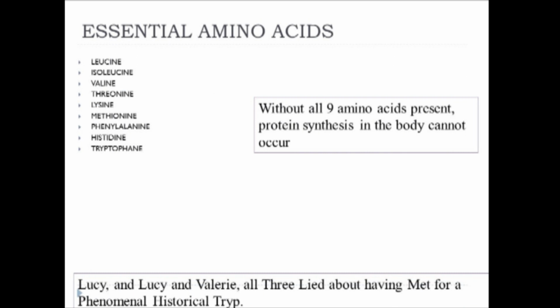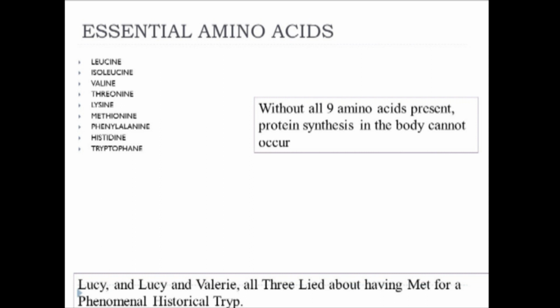Essential amino acids are referred to in the textbook as indispensable amino acids. They're found on table 2.1. And indispensable amino acids means that the body absolutely requires them through the diet in order to be able to synthesize protein properly. There are, in fact, 9 essential amino acids, or indispensable amino acids, that are needed in order